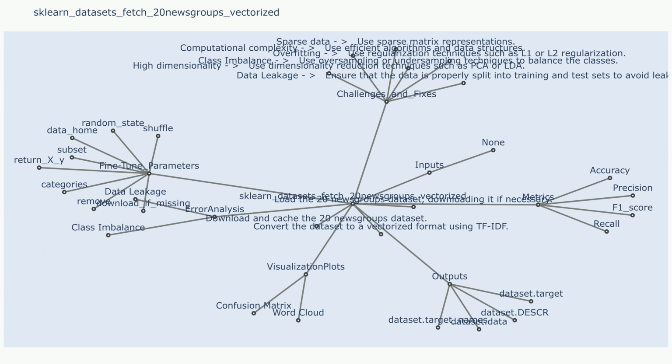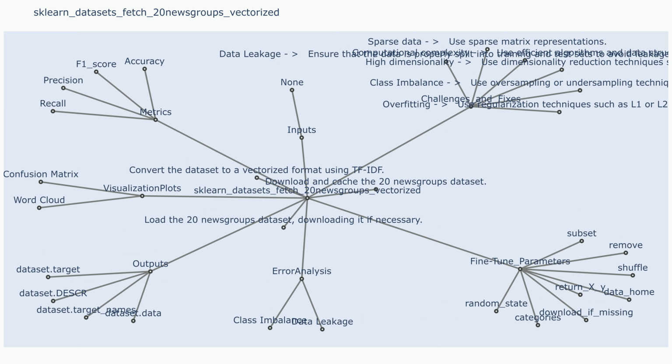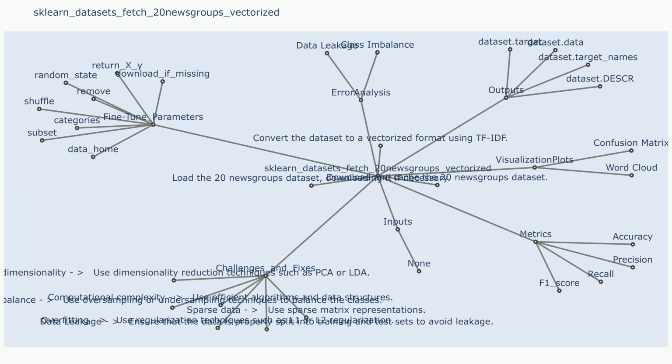Uncertainty methods. Bayesian inference: estimate the uncertainty in the model's predictions. Monte Carlo dropout: introduce randomness in the model's weights to estimate uncertainty. Challenges and fixes. Challenge 1: class imbalance. Some newsgroups are more heavily represented than others. Sample use case that resulted in challenge 1: